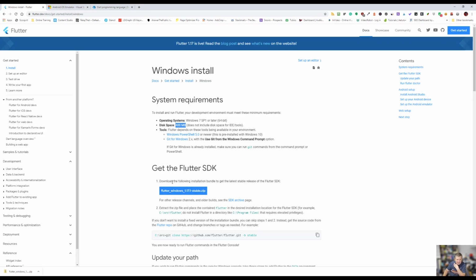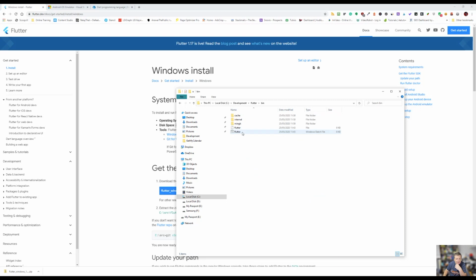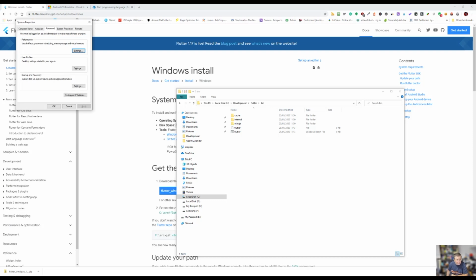So I then downloaded the zip file and I unzipped it. They recommend unzipping it to source Flutter. I've used a directory called development Flutter, because I like to keep things in development under a folder called development. And then once you've done that, you need to update your path, which I've not done yet. So if we type env to get to our environment variables,